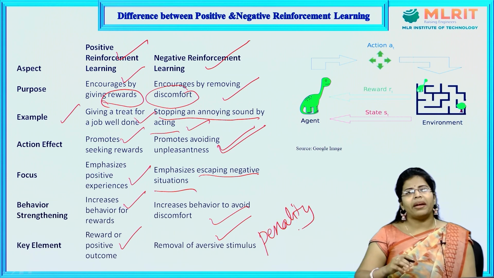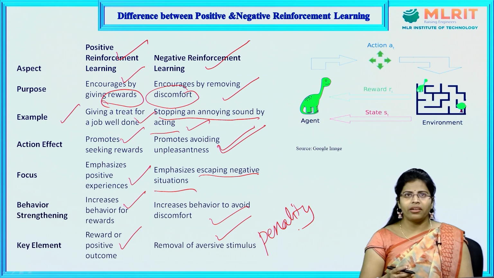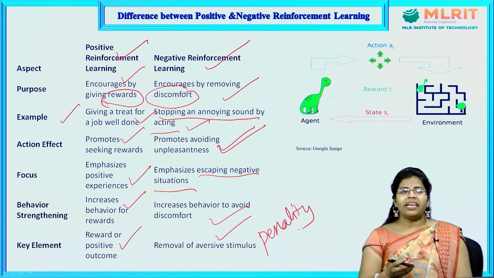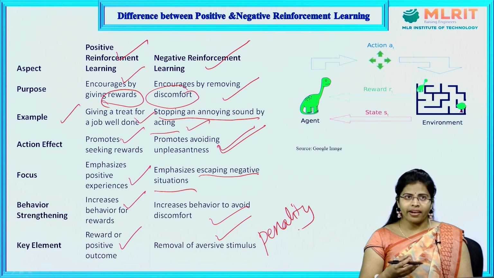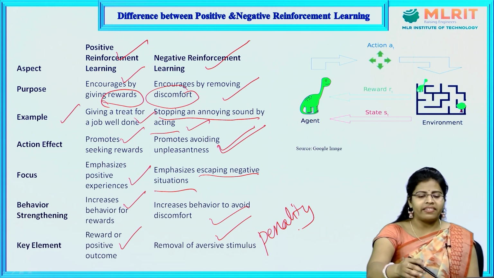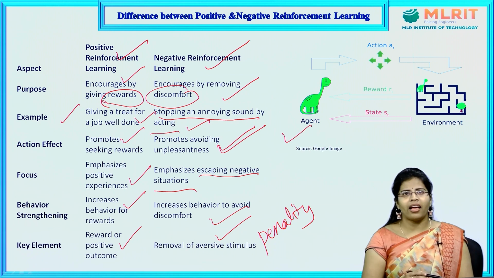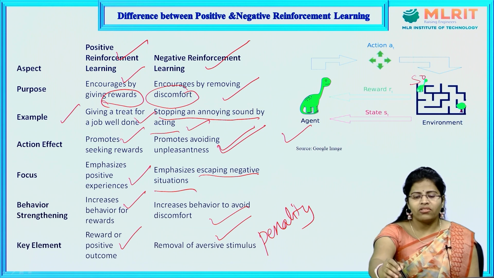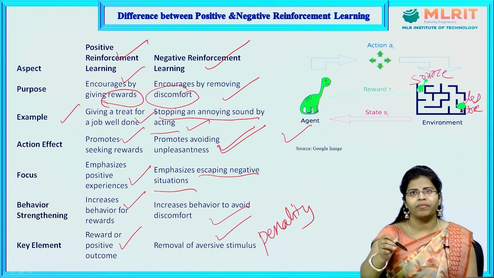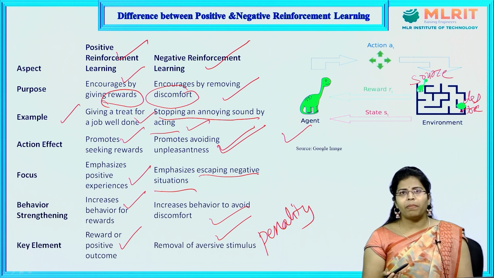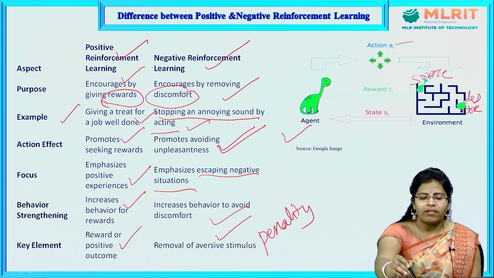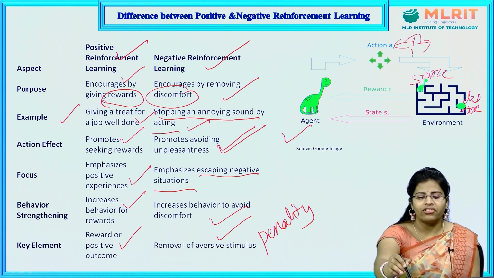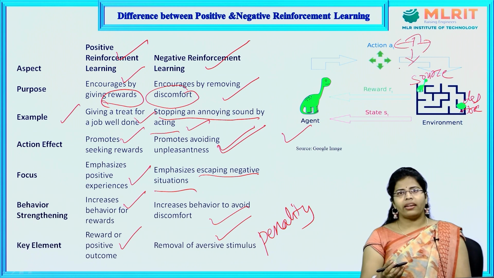So, that's how the main difference between positive and negative reinforcement learning is: for each correct action, it is going to get rewards, and for each wrong action, it is going to get penalty. For example, you can see in the image, we are having an agent. This is a source, this is a destination that he needs to reach, the tree. He needs to select a possible path, like left direction, right direction, up direction, down direction.